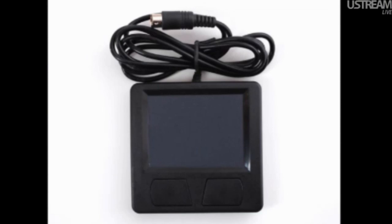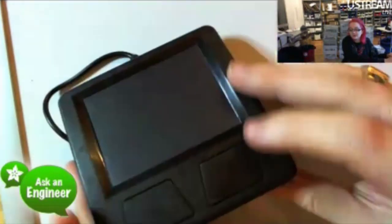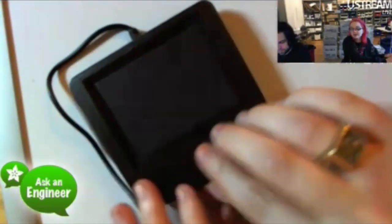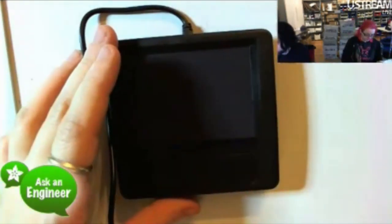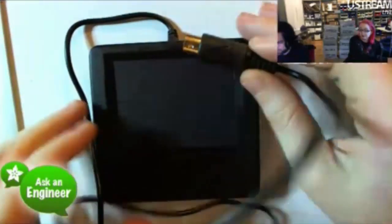If you've seen laptops, you know that they all have touch pads now, and you can also get external touch pads. This is an external touch pad, and the neat thing about it is, first off, it's got this nice big touchpad area, it's capacitive, and it's got 2 mouse buttons. So if you plug it into a computer, it looks like a mouse. But the cool thing about this is that it's PS2. There's a little PS2 adapter, and PS2 is a really easy interface for microcontrollers to talk to external devices